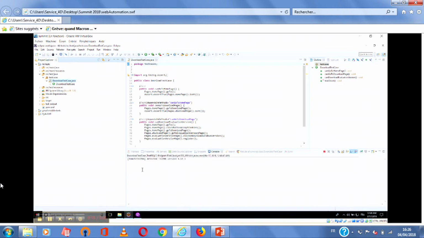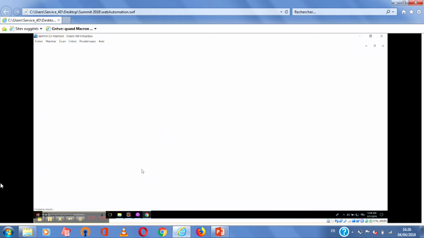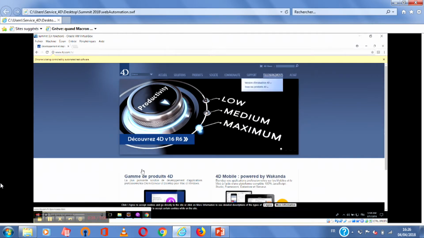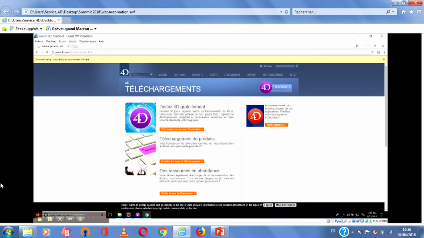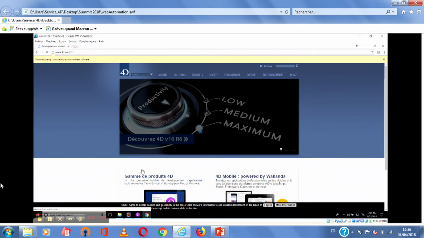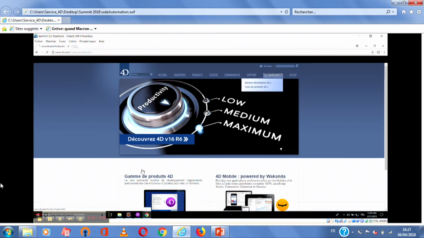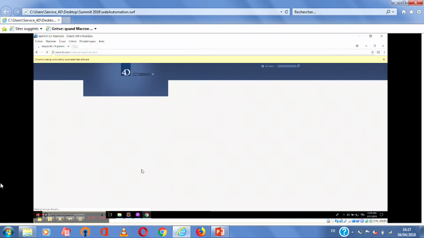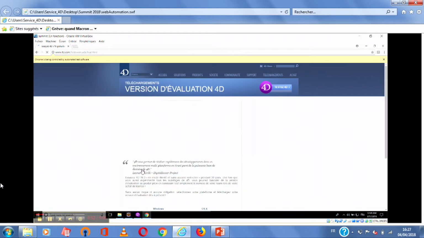So we will launch and execute our test that, as I said, will download 4D version from the 4D website. So it automatically launched the web browser, and you can see at the top that the Chrome browser is controlled by automated software test. Sorry, it's the French version of the website. So we go to the download part, and then we select the 4D version to download.